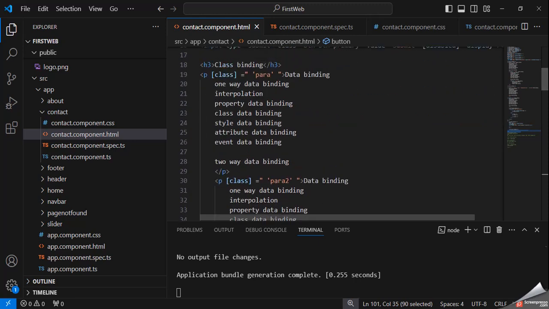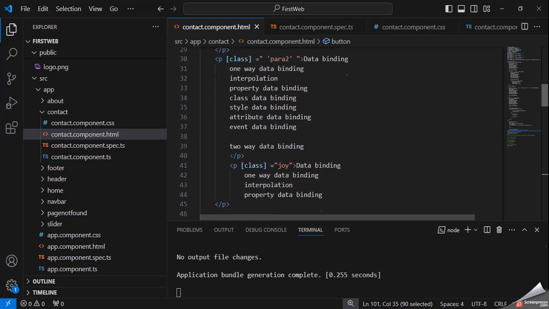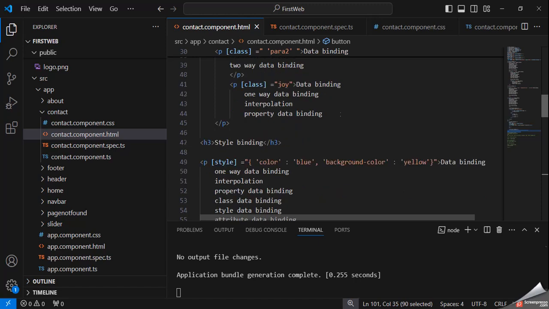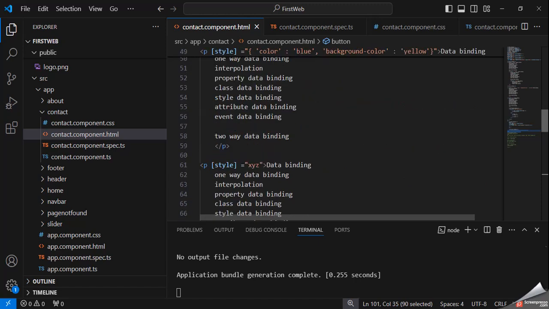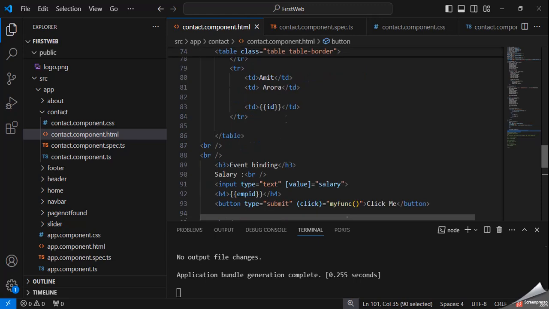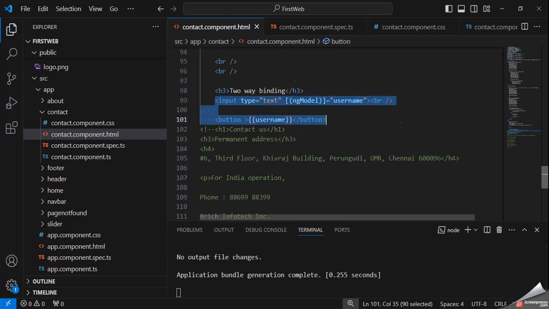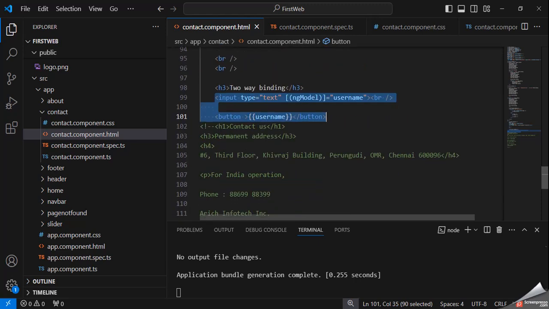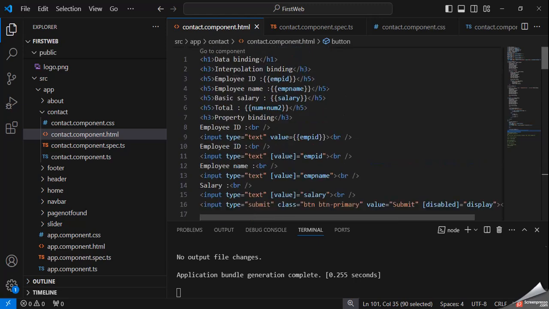These are the examples. Now I am going to share this.